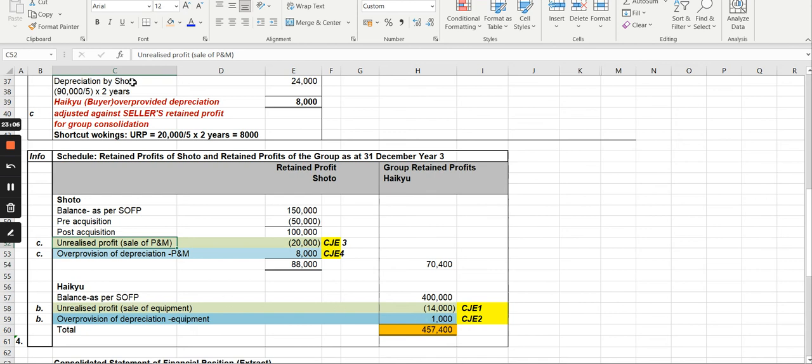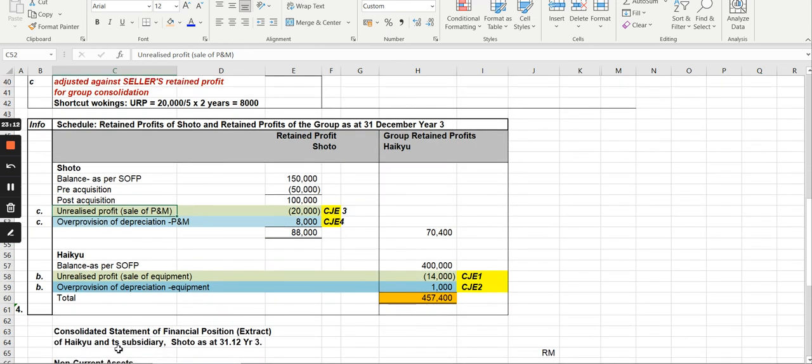And you need to do this first so that you can find out what are the things to be adjusted before you can prepare the consolidated statement of financial position. You need to go and settle the analysis of the financial statement, or the analysis of the group reserve and the NCI. However, in this example, I'm just focusing on the impact of the reserve, which is only the retained profit. We're not trying to look at the impact of this in the NCI because that is done to the